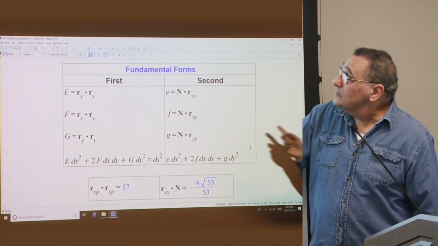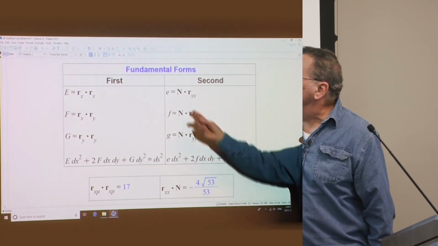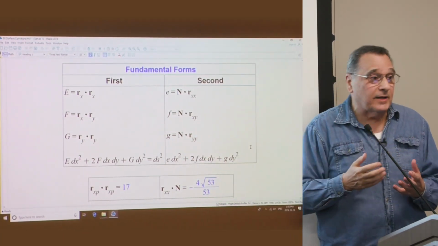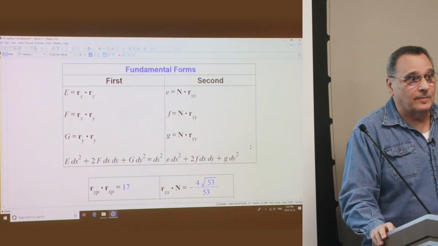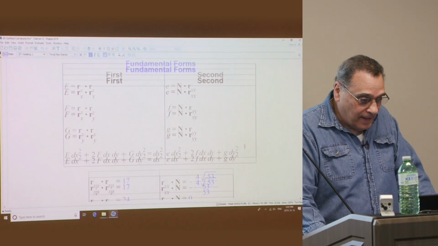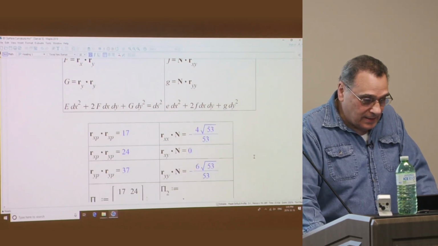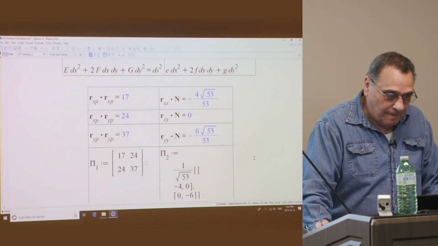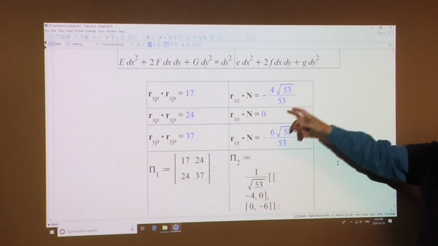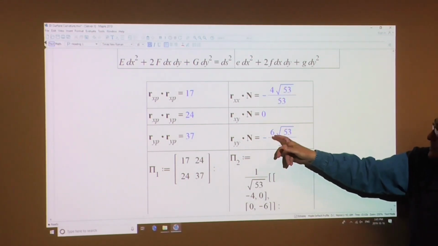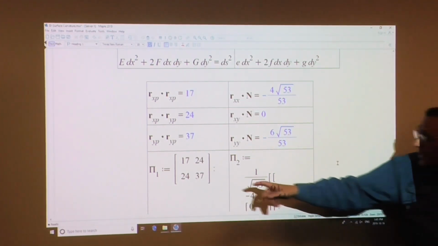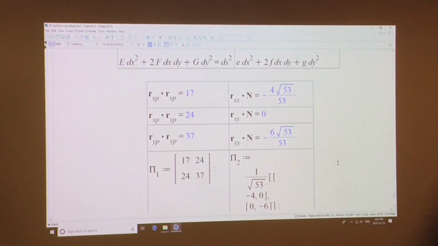For the second fundamental form, you take these second derivatives and you dot them with the normal vector, and you get a different quadratic form. It's called the second fundamental form. Okay, I could do that. Let's see what happens. The numbers turn out to be these: 17, 24, 37, and minus 4 and minus 6, with 1 over the square root of 53. And here you have the four